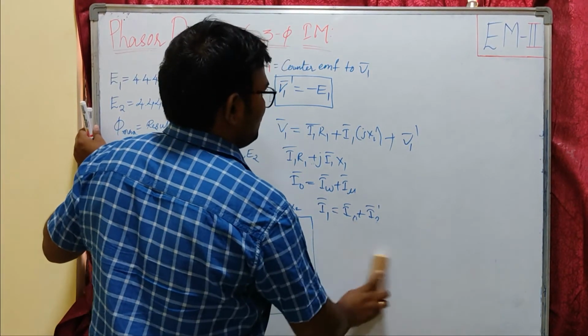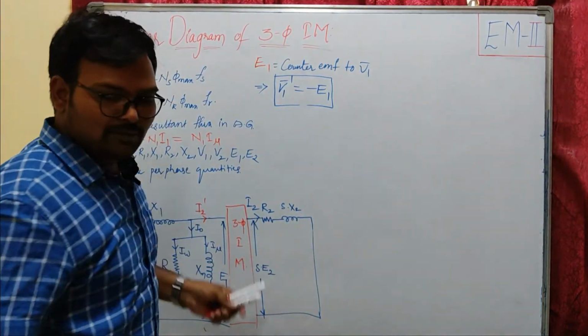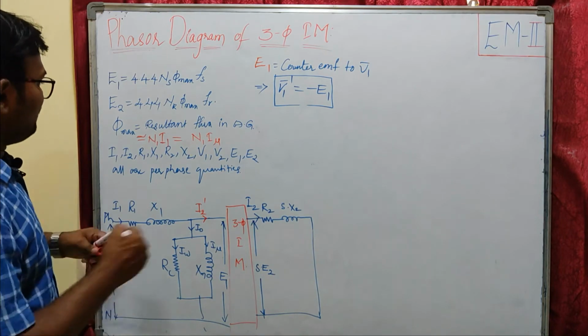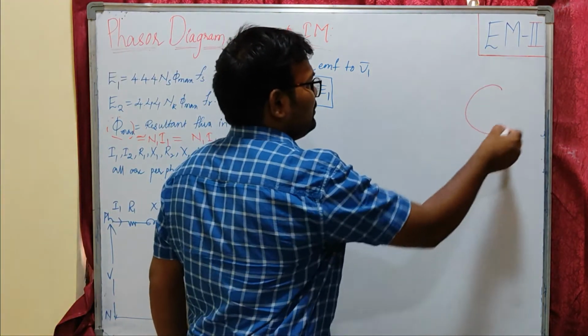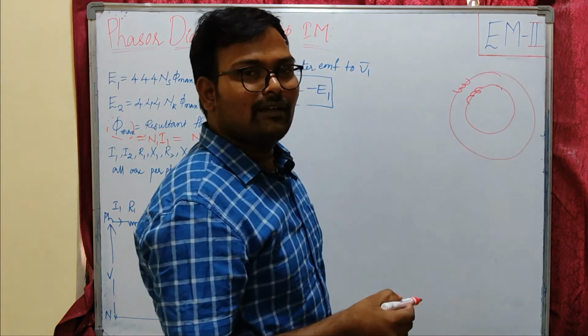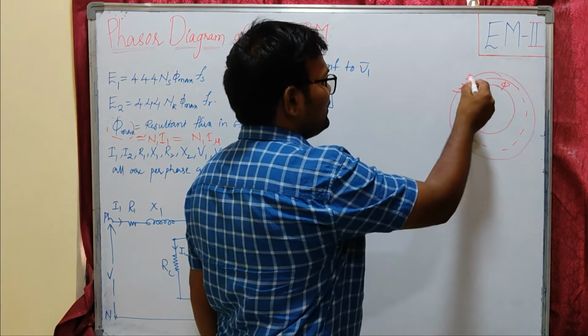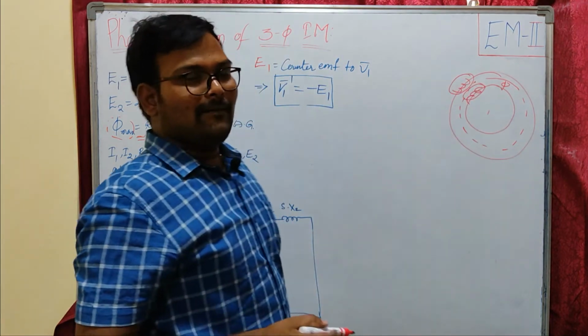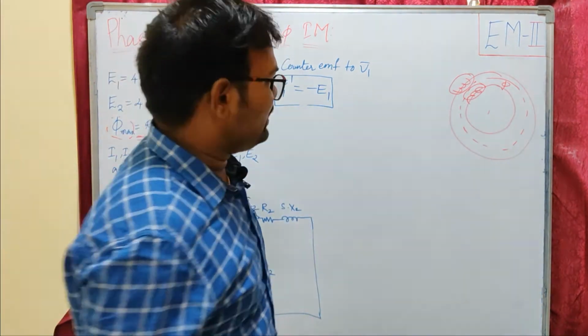Okay, so I am going to erase these things. Because this flux is common for stator as well as rotor. Consider our machine having stator and rotor. This is my stator winding, this is my rotor winding. Here you are going to get the flux in the air gap. So this flux is linking with stator as well as rotor. So I am going to consider the flux as reference because it is common for stator and rotor.